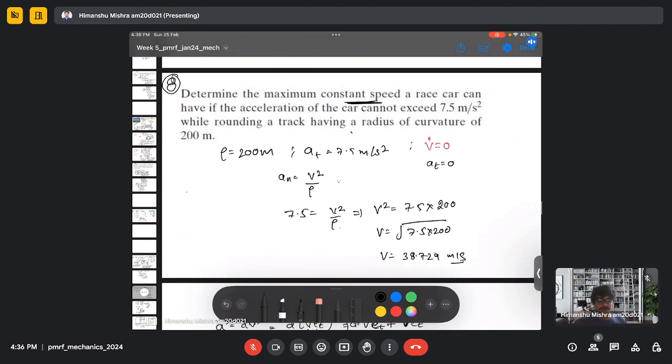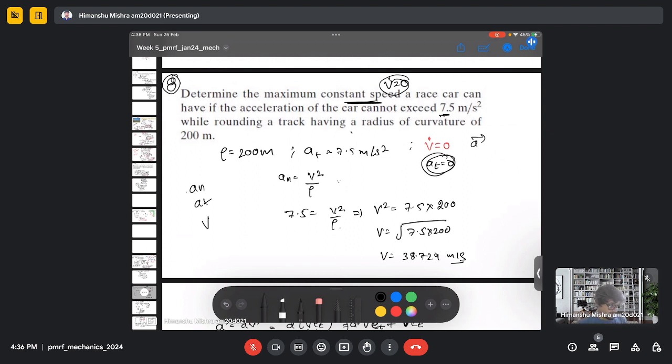So in this type of question, we actually need to figure out the normal and tangential component of acceleration and the velocity, and then we need to calculate the other variables which are asked in the question. So in this question, we have given the constant speed, which means the v dot is 0 because the speed is constant, and we have given the acceleration, but we have not given which acceleration is this. So from the acceleration vector, we found that since v dot is equal to 0, my tangential acceleration should be 0,